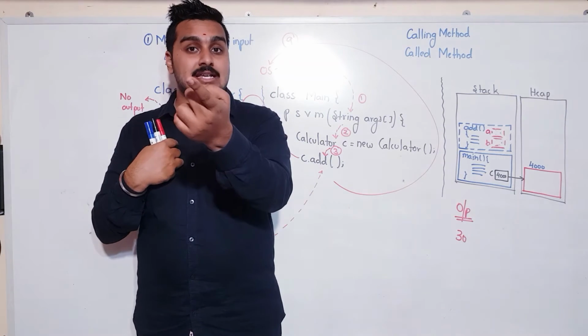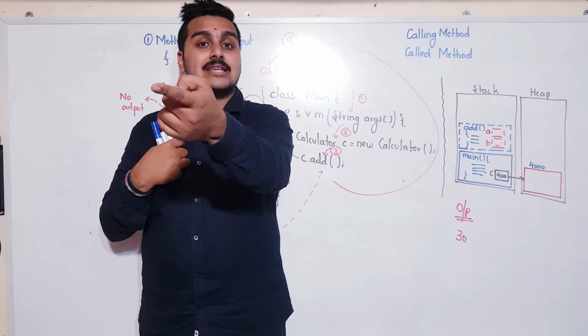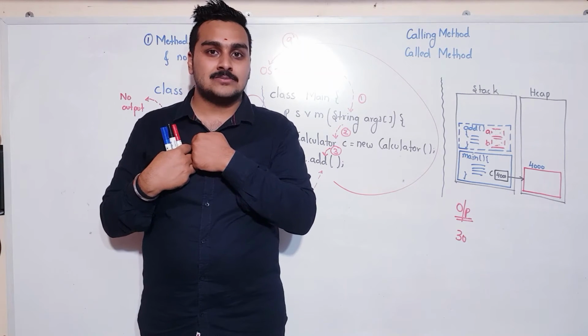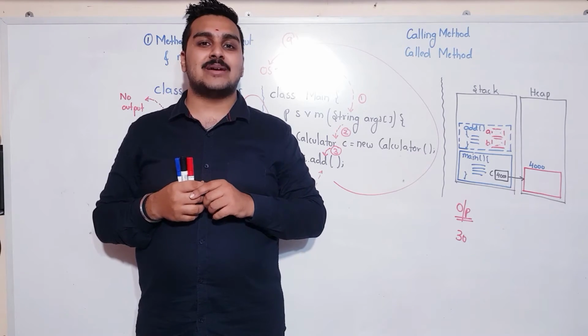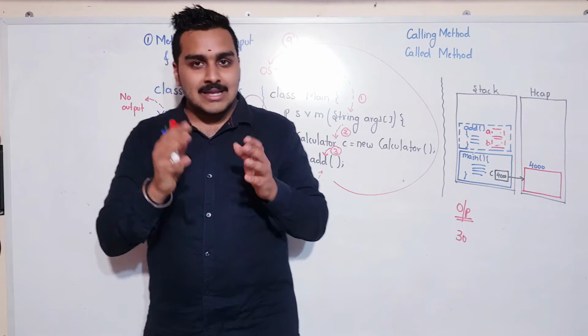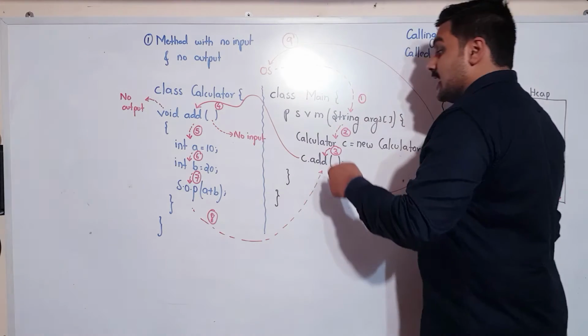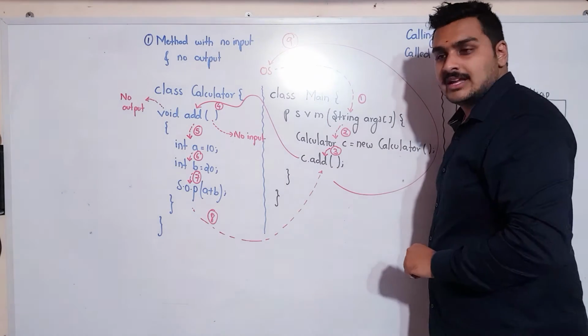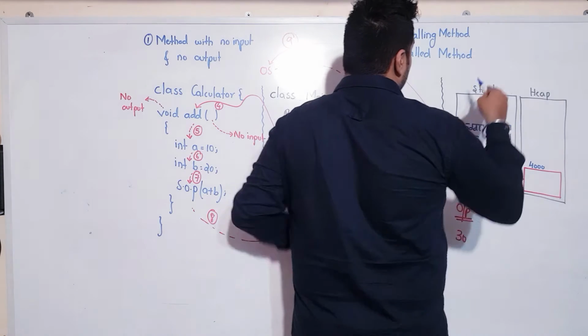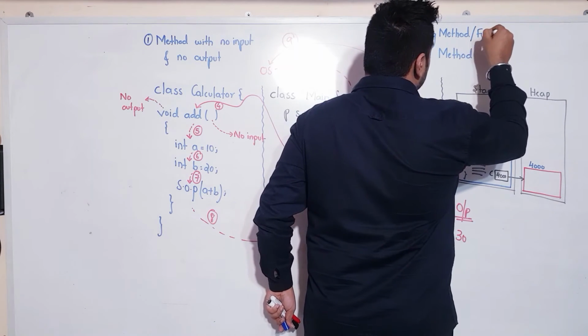I will explain it again. I am calling Sachin. Since I am calling Sachin, I am the calling method. Who was called? Sachin was called. So Sachin happens to be which method? The called method. Similarly, here if we notice, the main method, the main function, is generating the call. In other words, you can even call it the calling method or calling function.